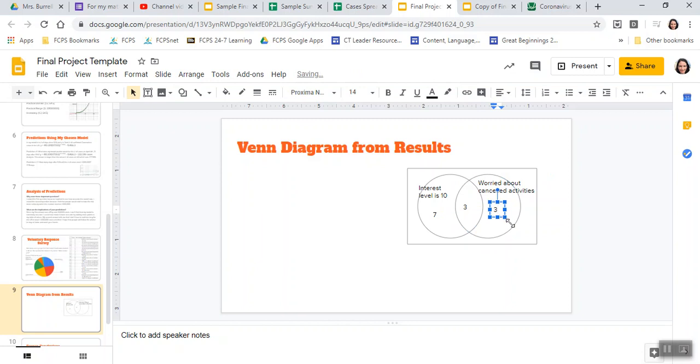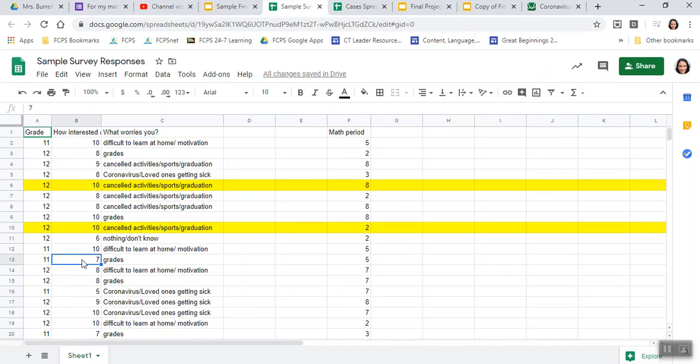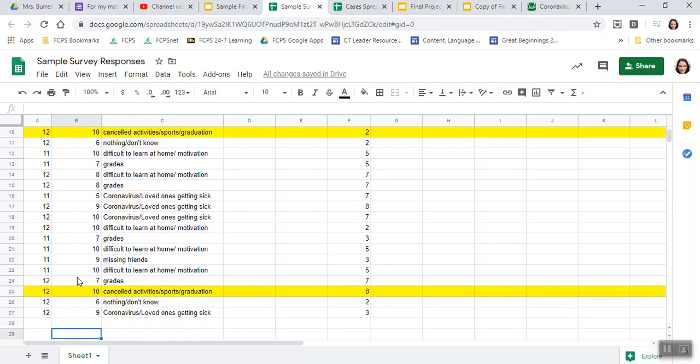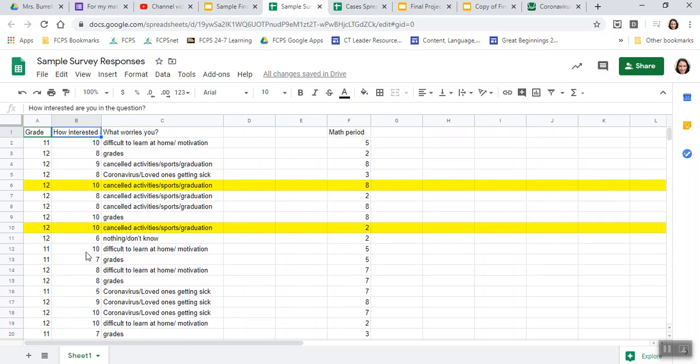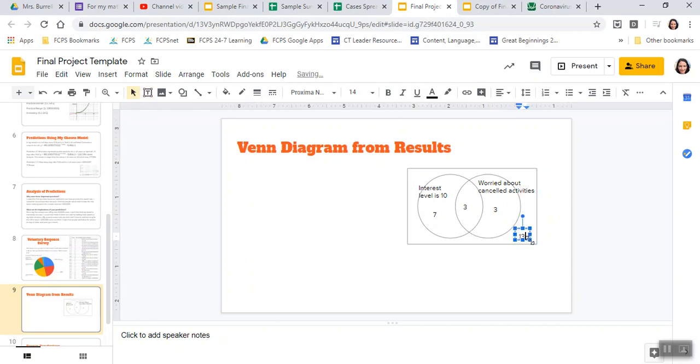And then I need to know how many students were not in either circle. So far I have 13 students counted. So I'm going to go back and see how many students there are altogether. The first line is not a student, so I need to subtract 1 from the last line. Okay, so there's 27 lines minus the first line, so there's 26 students altogether. So I'm going to go back here. This is already 13 students, so that means there are 13 more students here to make a total of 26